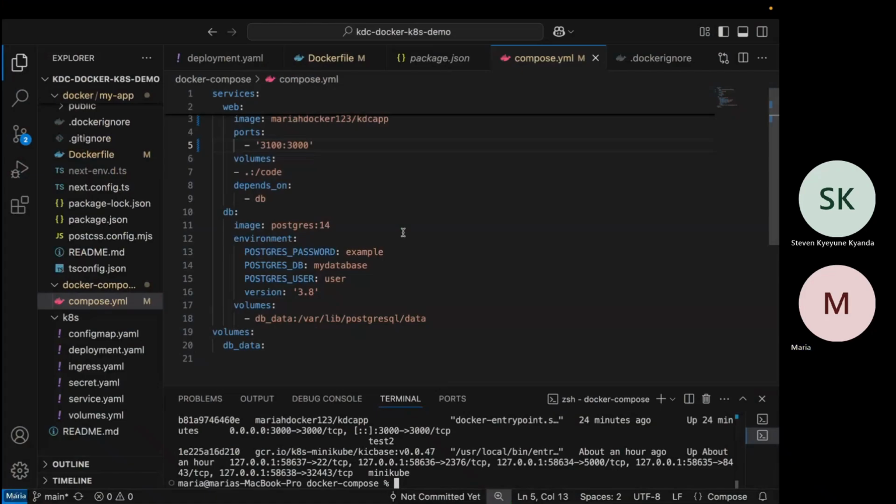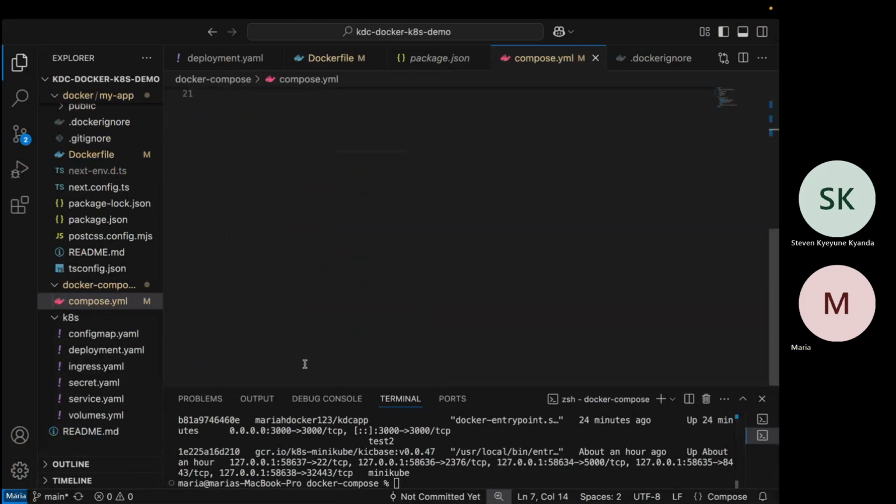So this one is actually trying to mount my current directory to the /code folder in the app. But this is wrong. It's supposed to be /app/code, because /app is my working directory. Yeah, good question.